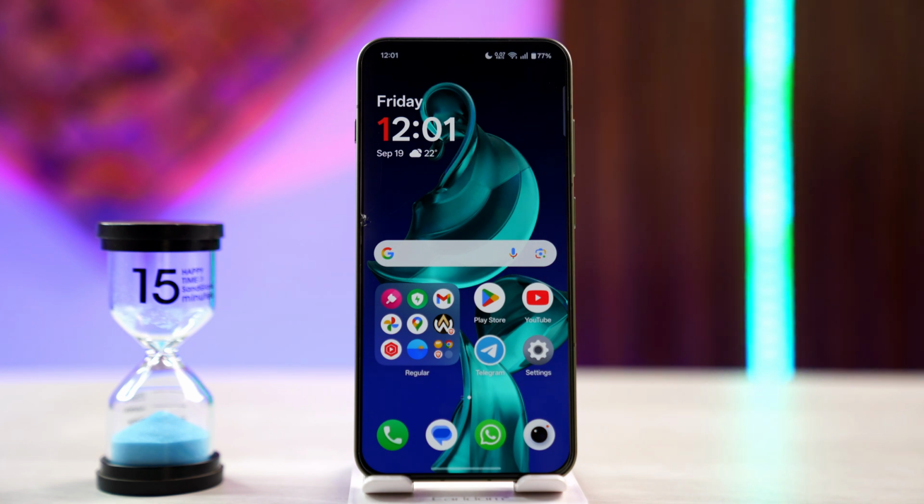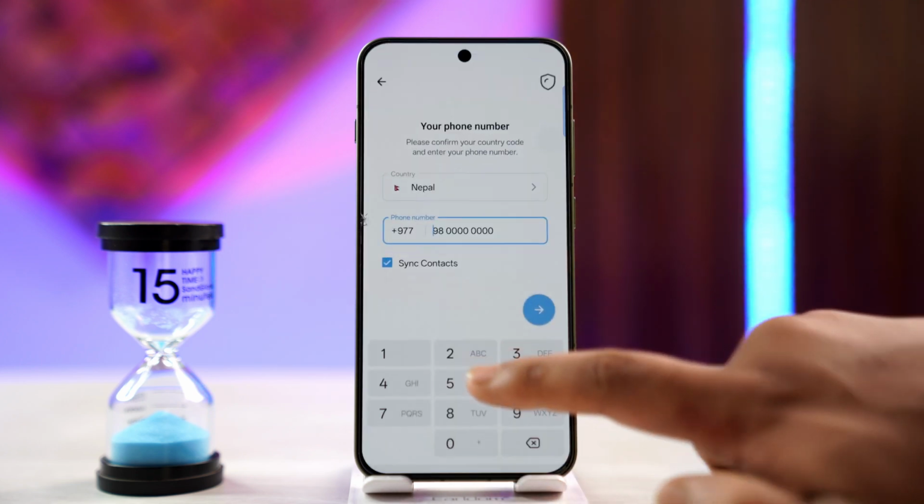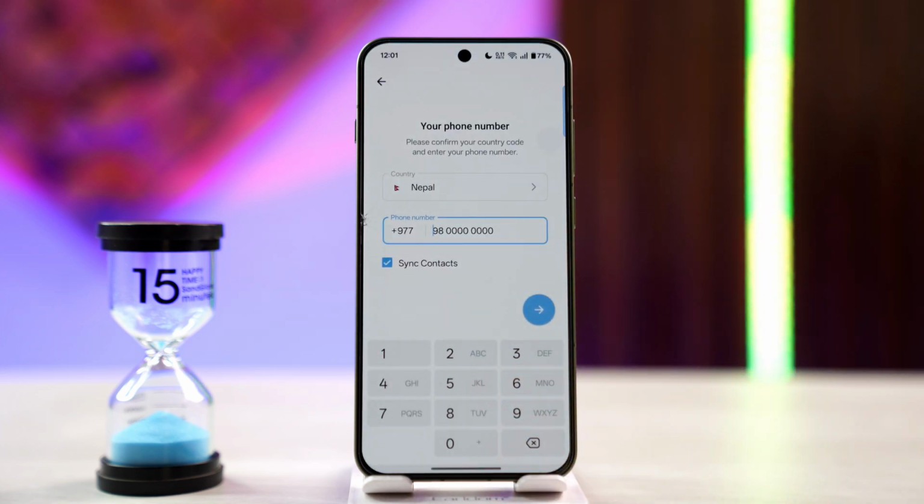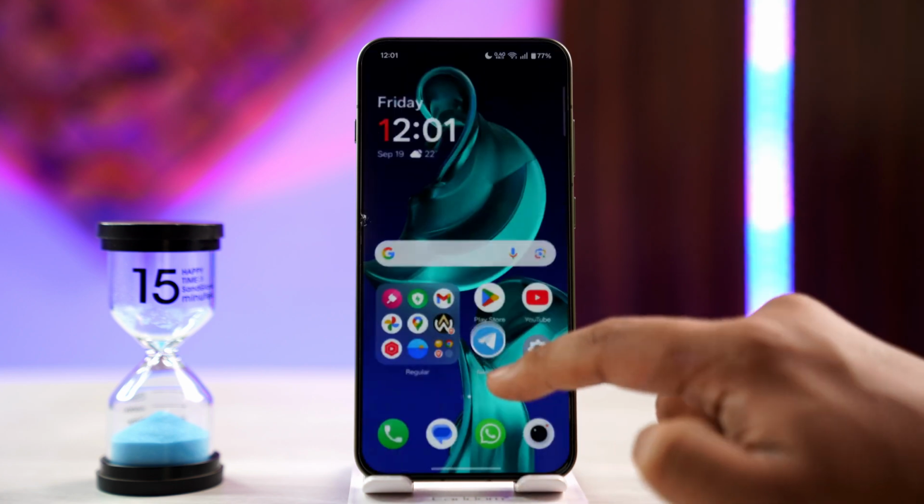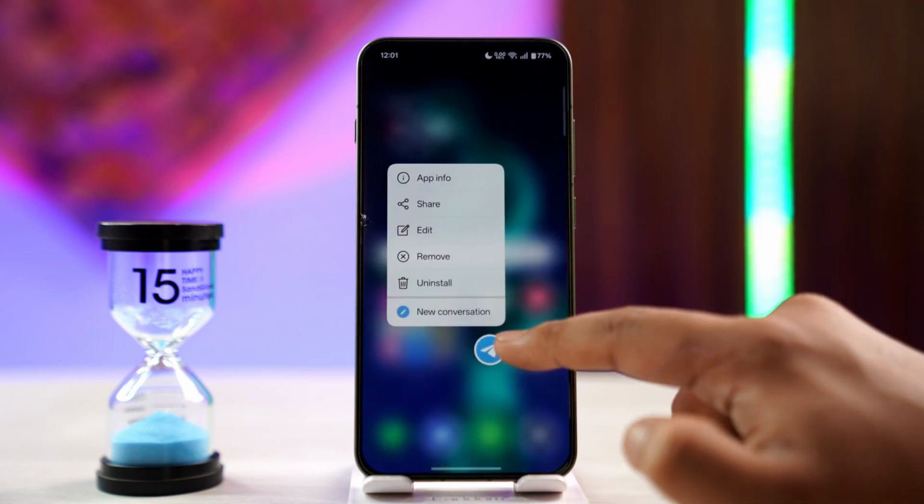Now, this type of suspicious activity error normally gets lifted within 1 to 2 days, that is 24 to 48 hours. It will automatically cool down, and after that you can go ahead and try to restore and re-log into your Telegram account. If that doesn't help, if you're using Telegram on Android, long press the Telegram app icon